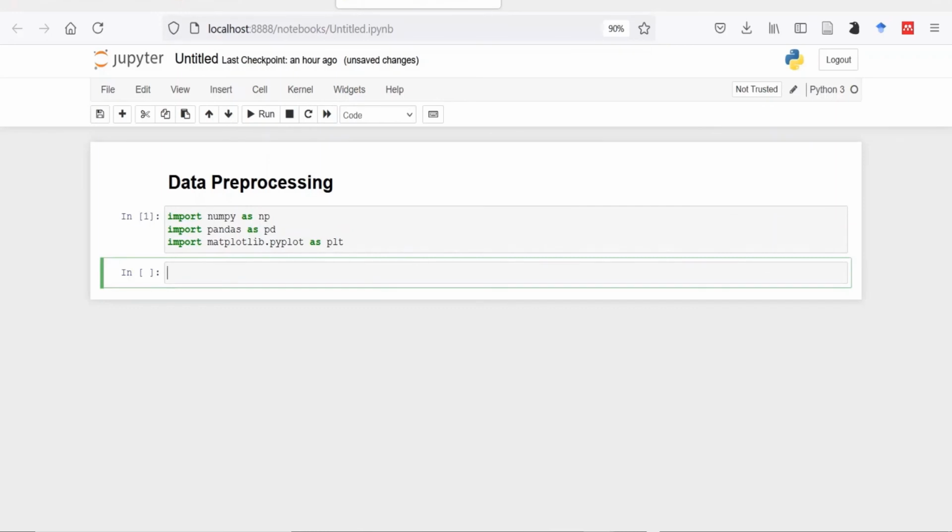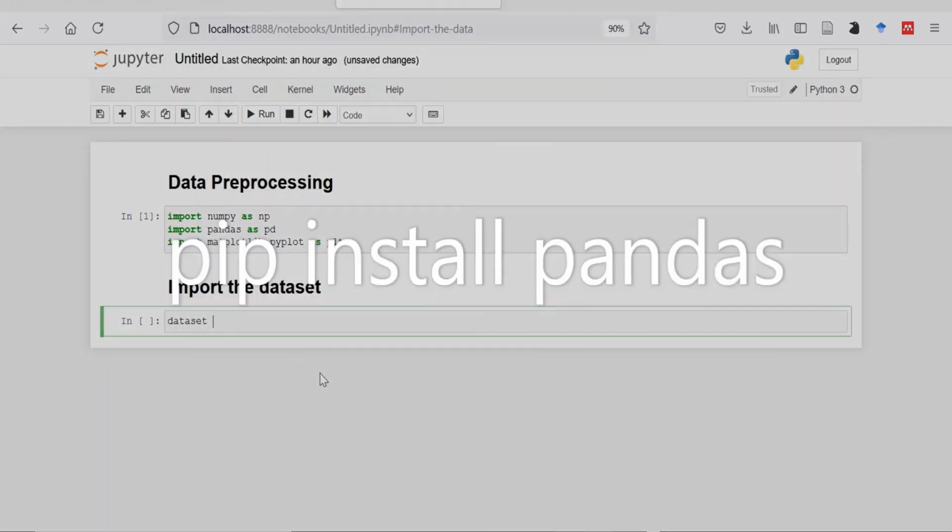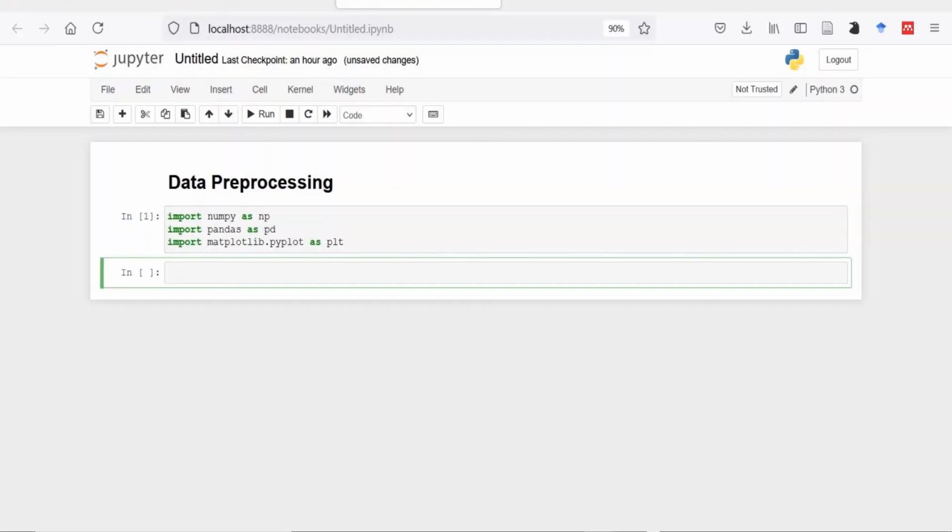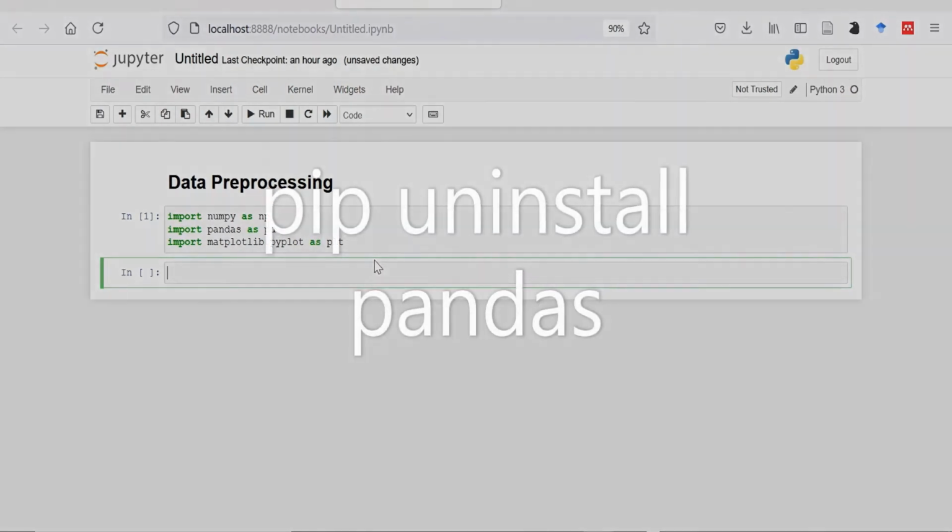If you encountered an error here, that might be because you don't have any of these libraries installed, or if you have installed, they are not upgraded. If you encounter such an issue, you can install or upgrade the library using pip command in your Anaconda prompt. For example, to install pandas, write pip install pandas, or to upgrade, write pip uninstall pandas.